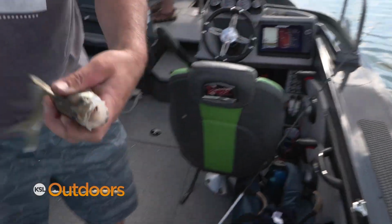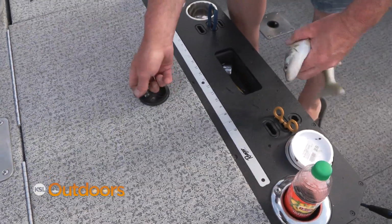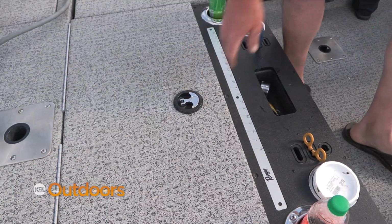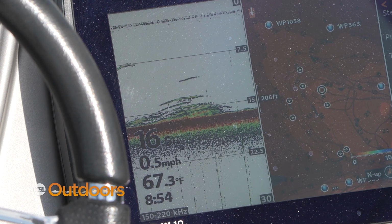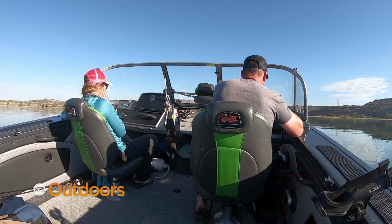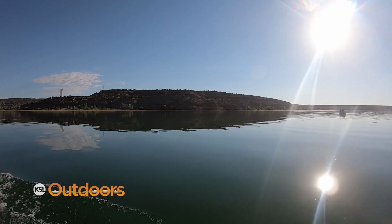Not very big guys, but they'll make a dinner. A 12-inch walleye. I noticed you're using your graph a lot. You're looking at the graph, you're trolling around looking for fish. Why fish a place if you don't have fish? Yeah. Being on target with where the fish are, positioning in the boat, and boat control also helps a